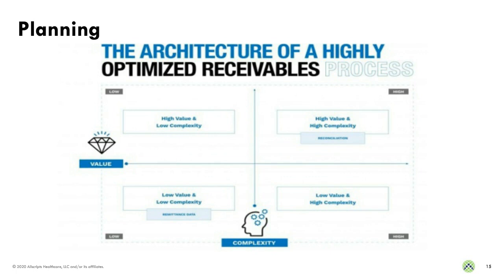So as you will see on the slide that I have here, you're looking at a matrix that was designed to make them make a decision on how to go after certain types of cash revenue, right? Of course, the first one that they looked at was the high value and low complexity, so that people would refer to that as more of the low hanging fruit situation, right? They would go up there and take a look at that high value, low complexity and figure out how much is up there, how much they're going to collect